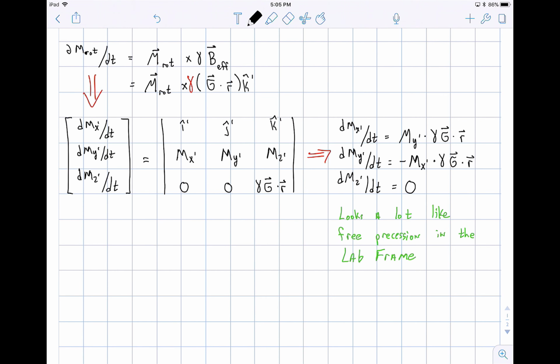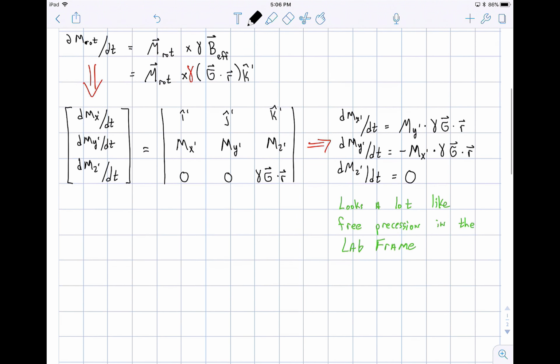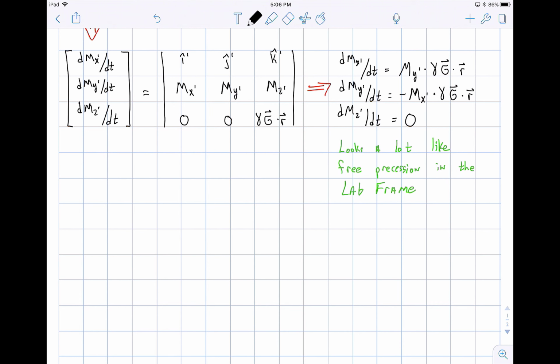We do, yeah. So here we have coupled ordinary differential equations, and we could go through the steps of decoupling them. If we did decouple them, we'd end up with a second order differential equation. The solutions were like sines and cosines, and that's where we came up with this when we were talking about free precession in the lab frame. We could see mathematically that it gave rise to the precessional behavior of the spins. So in this case, the solution is relatively straightforward. I won't work through the